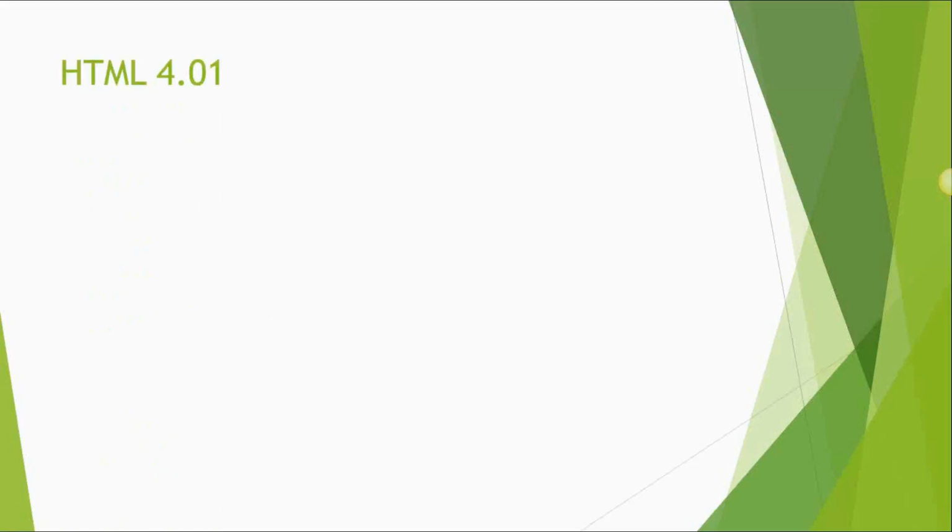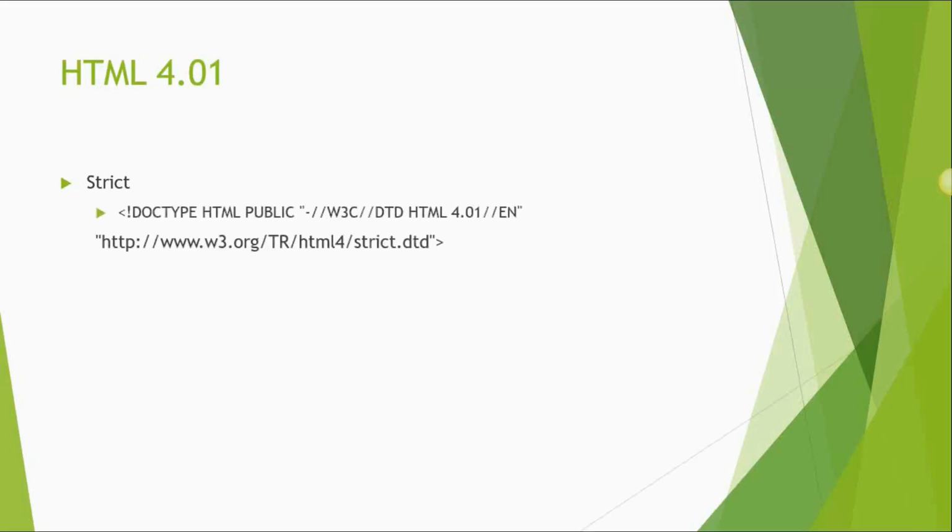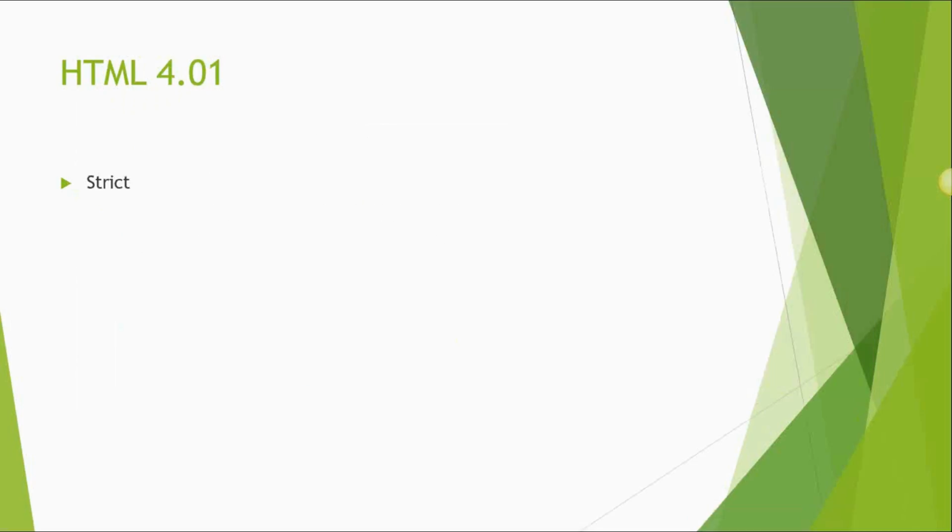So let's see the HTML 4.01 document types. Now there is only strict document type. Now you can see this is a Doctype HTML. HTML is a root type which we have defined. Then there is public. This is what we call